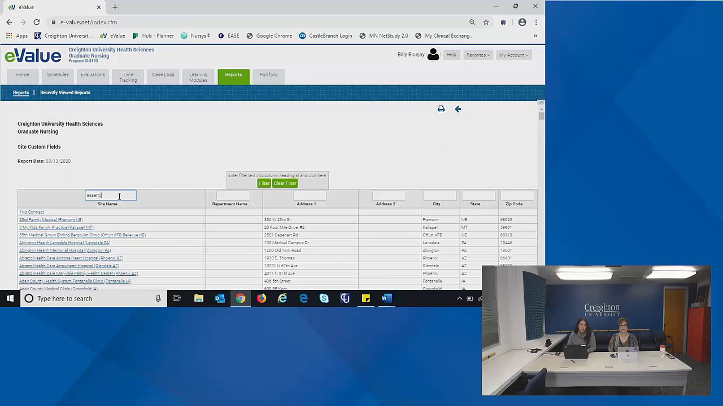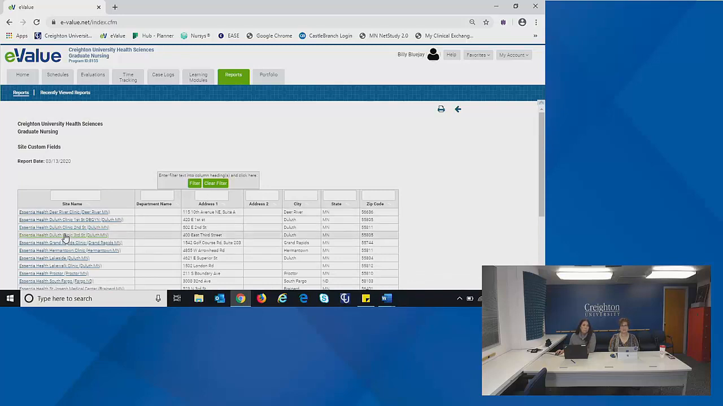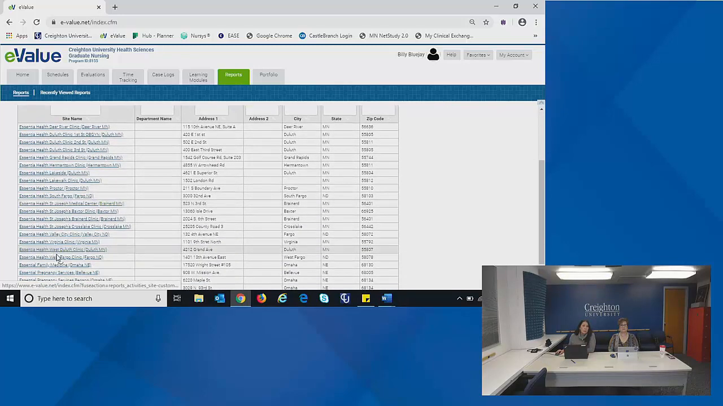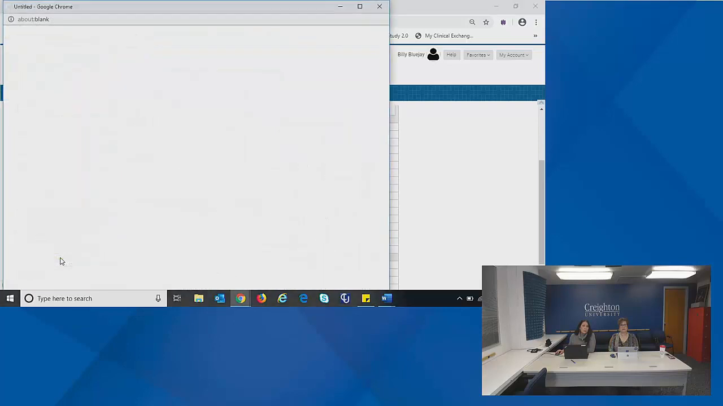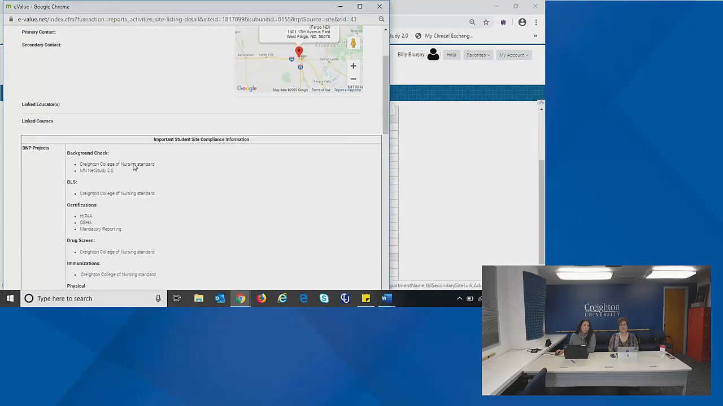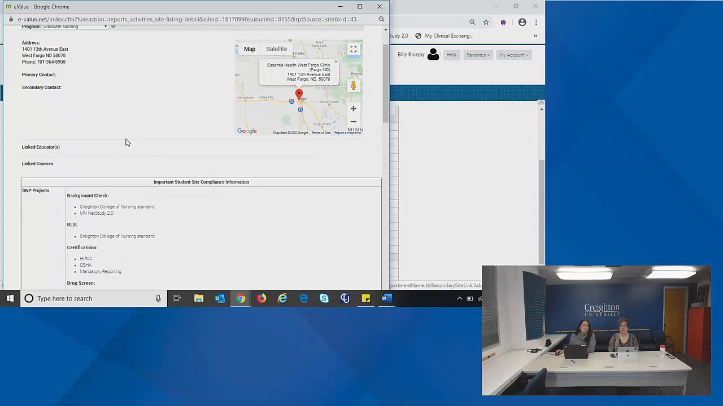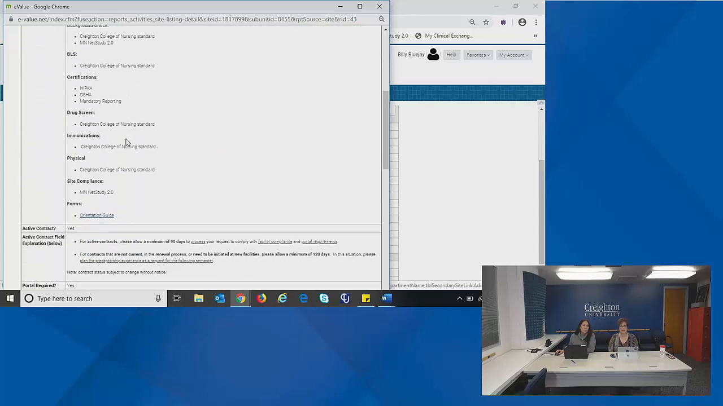And I'm going to take you to another site just so you can kind of see what other sites may show. Another site in another state, for example. So let's find the North Dakota one. Because this information is valuable and we're trying to be as transparent as possible,